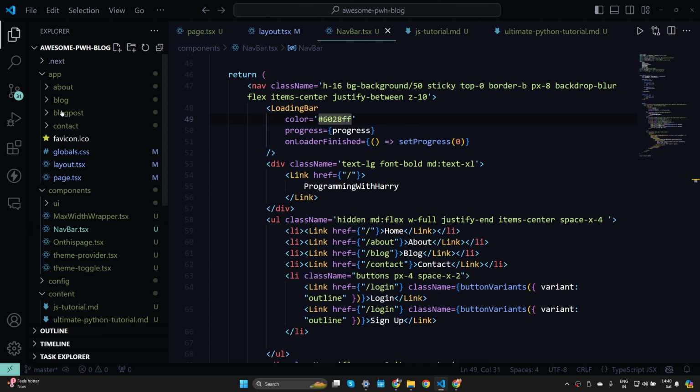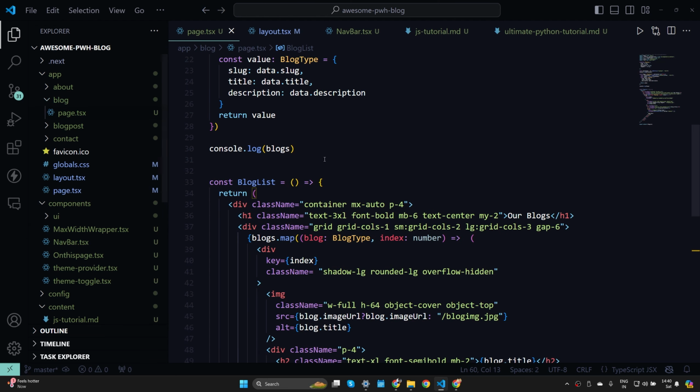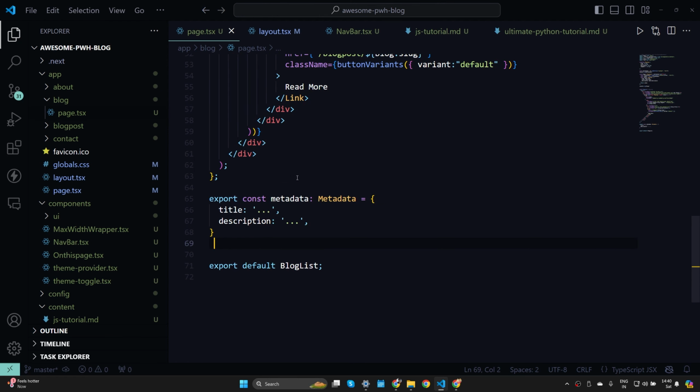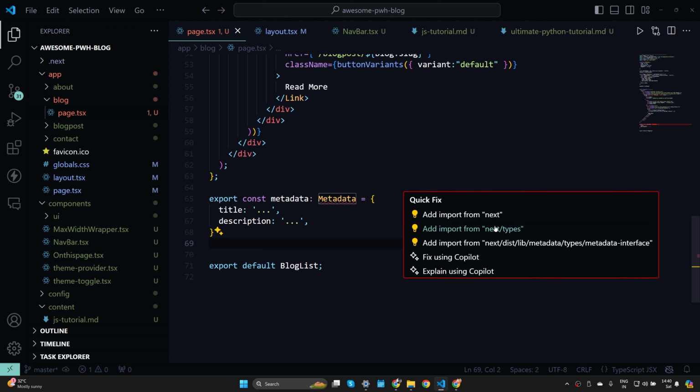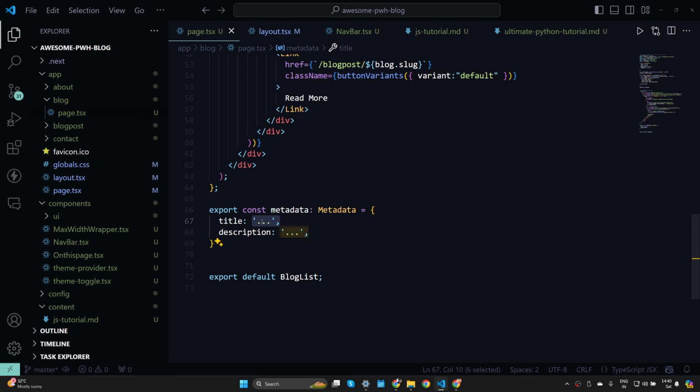So let's go to blog, page.tsx, and I can export metadata from here. I can export like this, and let's import Metadata from Next. Okay. So I'll say Blogs, Programming with Harry. Let's go for the description. Let's